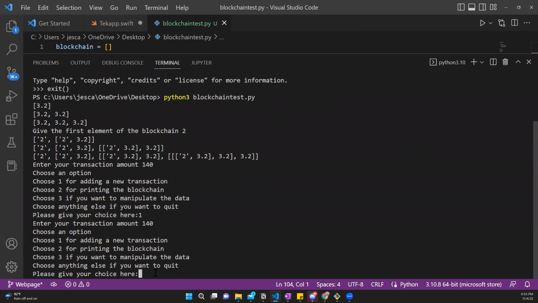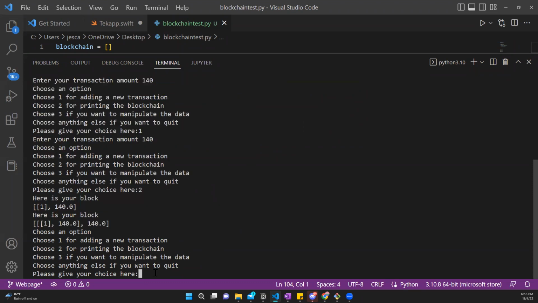Give your answer here. Oh, so maybe I can add 2. So let me do, maybe I can print 2. Oh no. Give your answer here. Here is your block. Okay, there we go. Here is your block. I should probably make this prettier. But anyway,